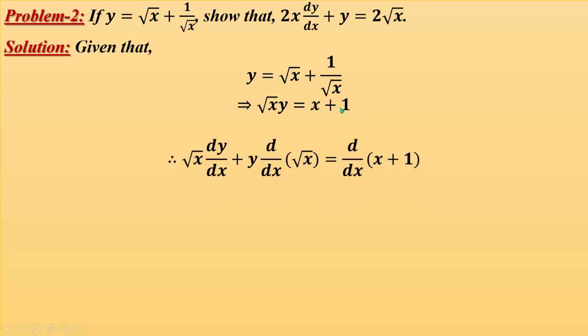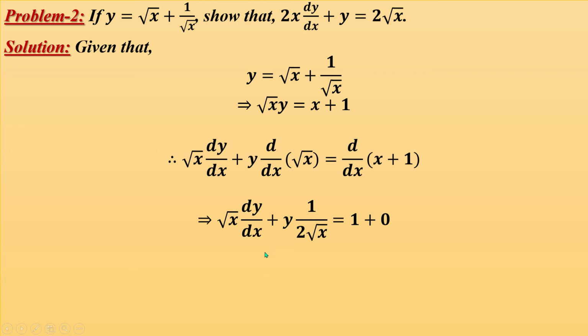Now derivative of this with respect to x we will get, here is of the form u into v, so at first we fix u, then derivative of y with respect to x plus y fixed, derivative of root x with respect to x, and right side will be derivative of x plus 1 with respect to x. This equals, we can write here root x, derivative of y with respect to x fixed, and here will be y into derivative of root x, that is 1 divided by 2 root x, plus derivative of x with respect to x, this equals 1, and constant term this equals 0. Now